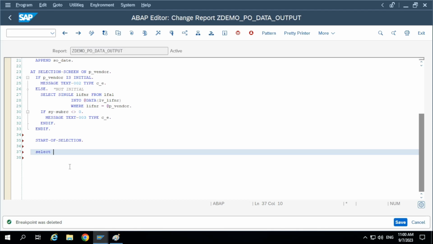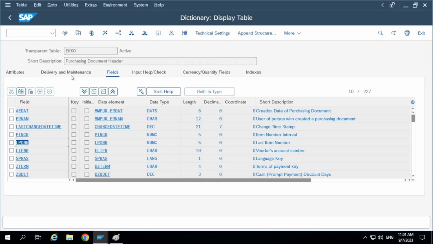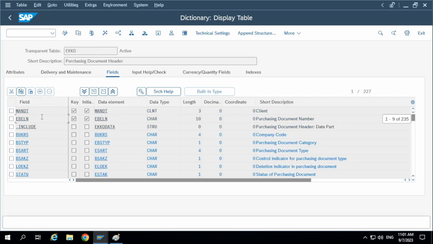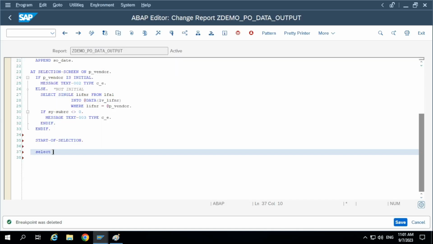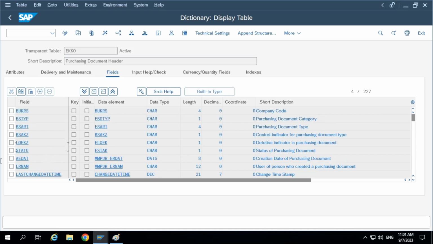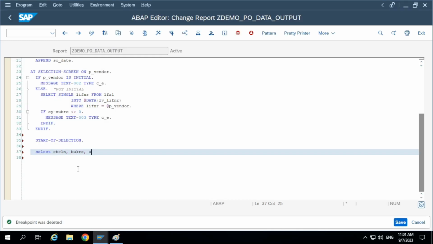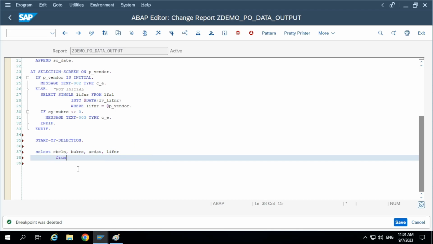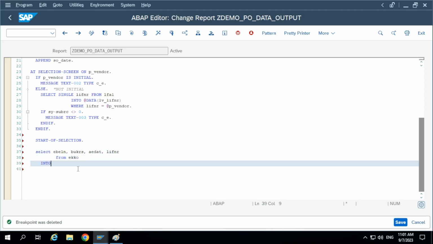Select. What are the fields we need? EBELN. EBELN is the purchase order number. That is very important to link with EKPO. EBELN, BUKRS company code, and we'll select AEDAT created date and vendor. From which table? EKKO. From EKKO into table at the rate data of lt_ekko,